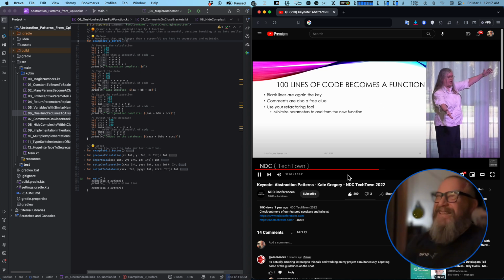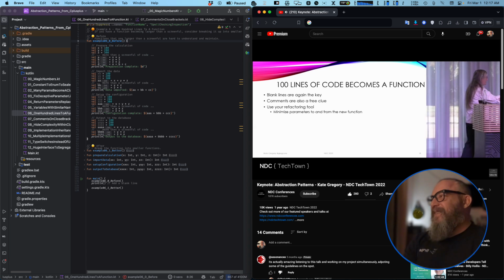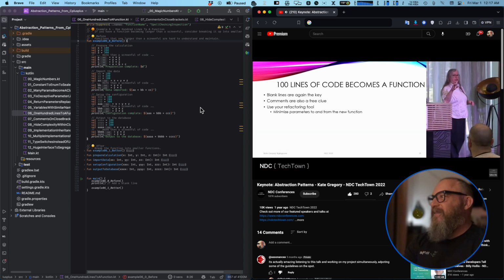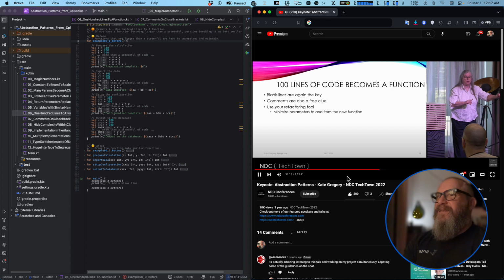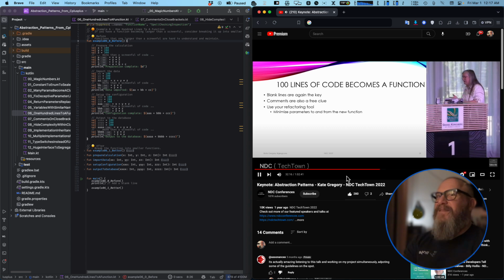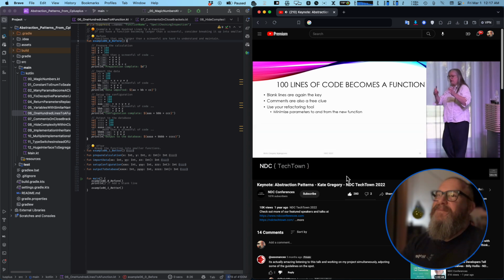Okay, so you select 107 lines, maybe separated by some convenient blank lines. You say extract function. And your tool says, sure, it's going to take 11 parameters, 4 of which are out params. Undo. That was not the correct refactoring. You want to absolutely minimize the information flow into and out of this